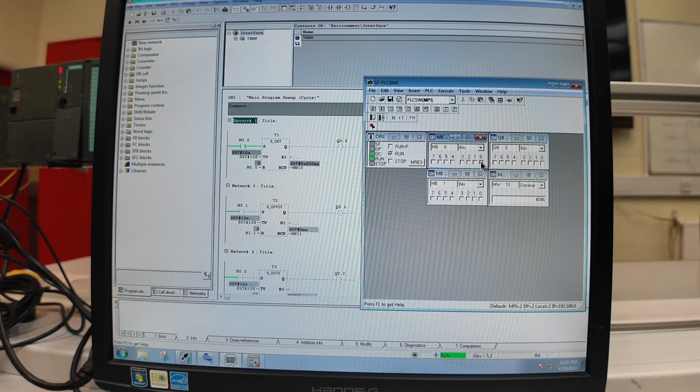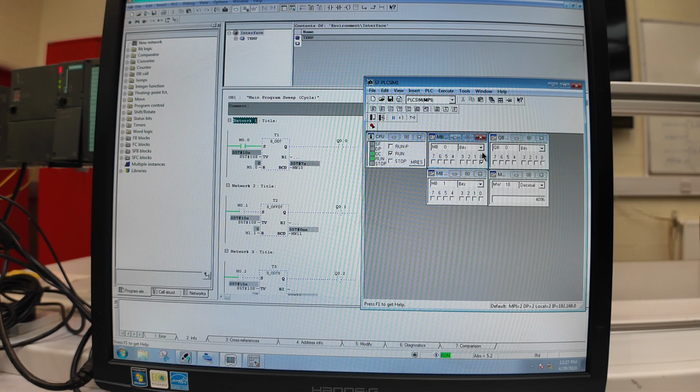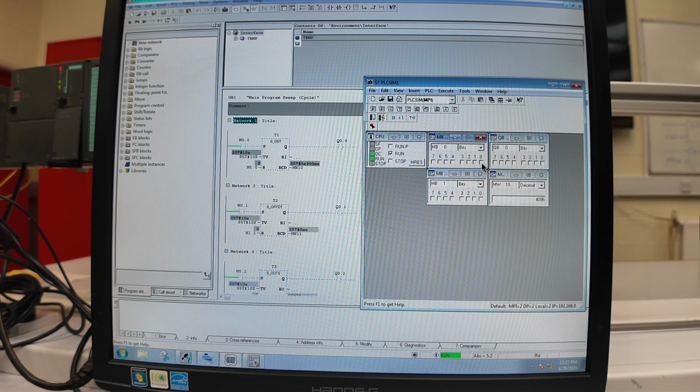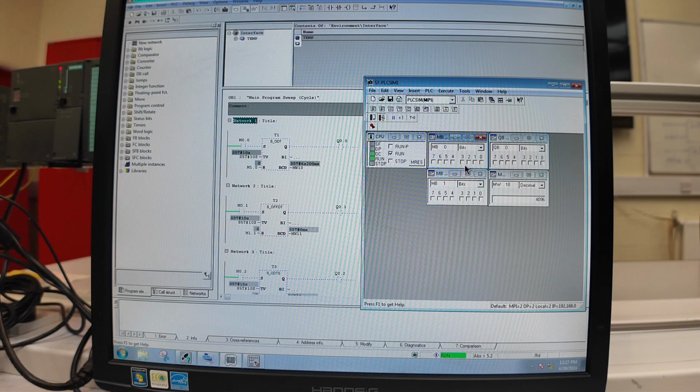If I'm restarting the timer while the timer is still running, as soon as I set the memory bit 0 to the value 0, the timer just stops, and as soon as I restart the timer, our remaining time starts at the 10 seconds again. And the remaining value we can watch here in the memory word 10. So if I'm going to change this to the memory word 11 for the second timer, and we activate this timer,